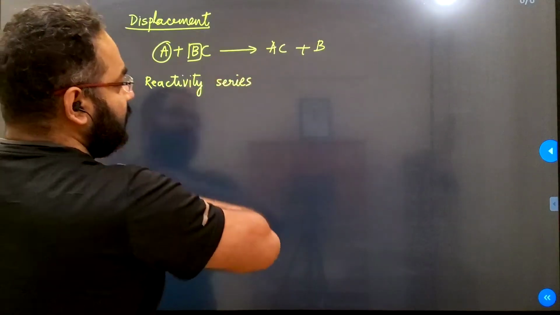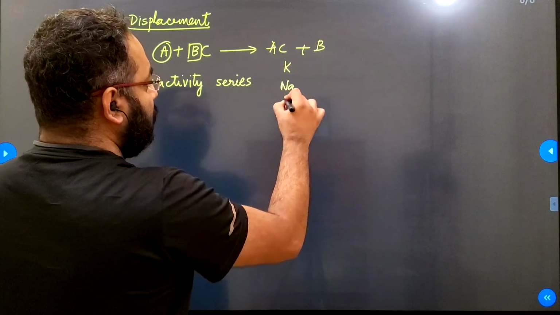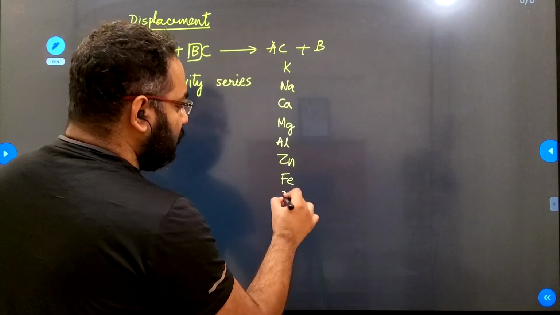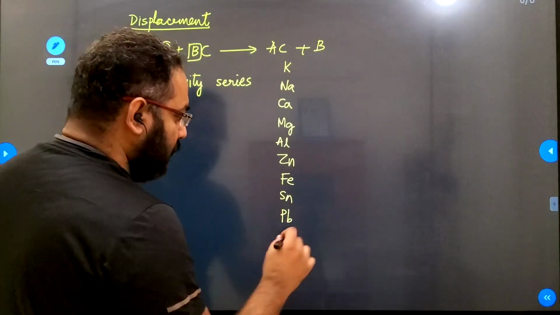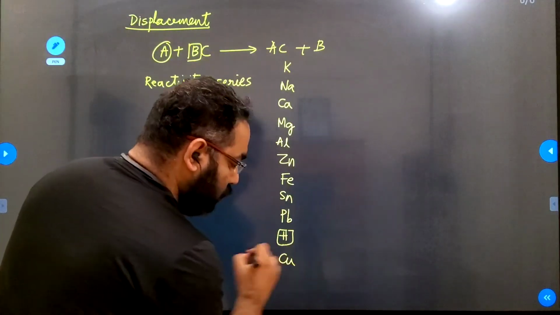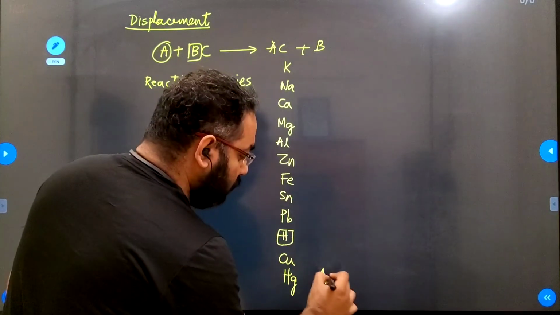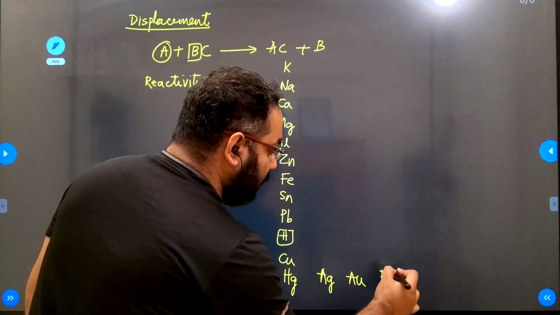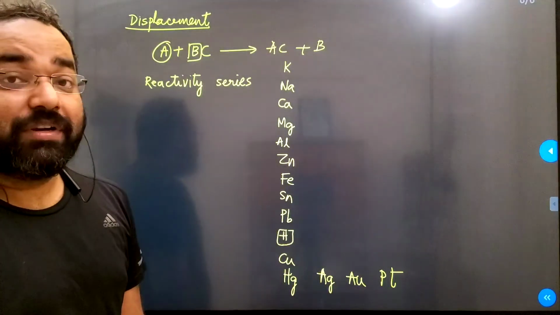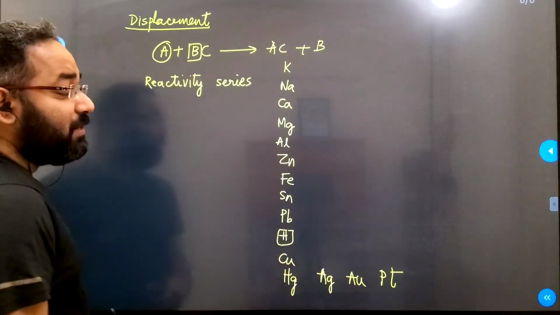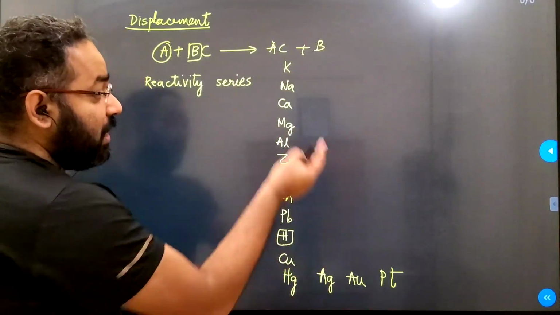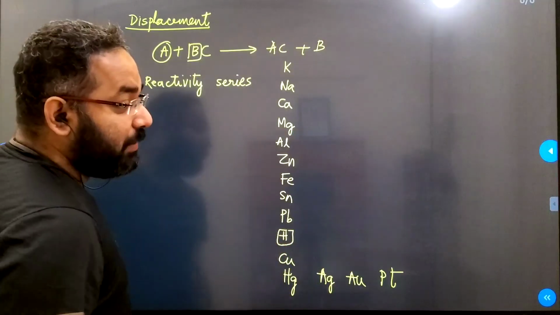And the reactivity series goes like this: King, Napoleon called monkeys and zebras for a super party. Holocaust happened. Cuckoo hogged aloo and aloo paratha. So you can remember it like this. This way, all your series with respect to reactivity of metals is clear. Displacement reaction tells you that if a metal is above, it is more reactive. If a metal is below, it is less reactive. A stronger metal can always displace a weaker metal from its salt solution.